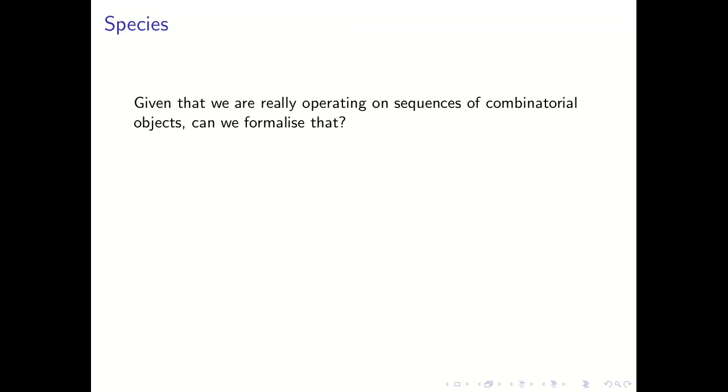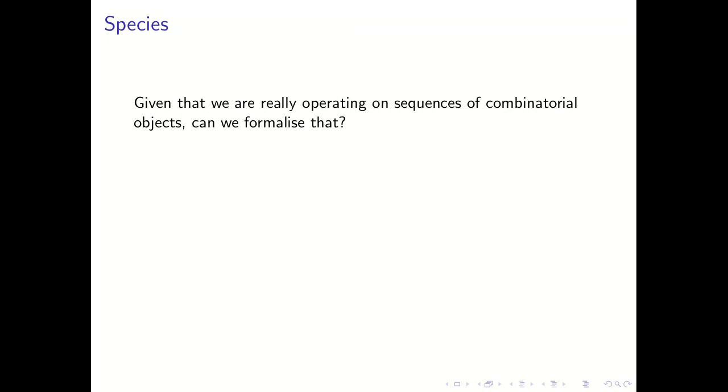So you might suspect that since I've been talking about all these combinatorial objects, maybe there was some way to define these sequences of combinatorial objects in a way that we could define these notions directly on the objects, and then wave a magic wand and spit out the generating function. And we can do that.